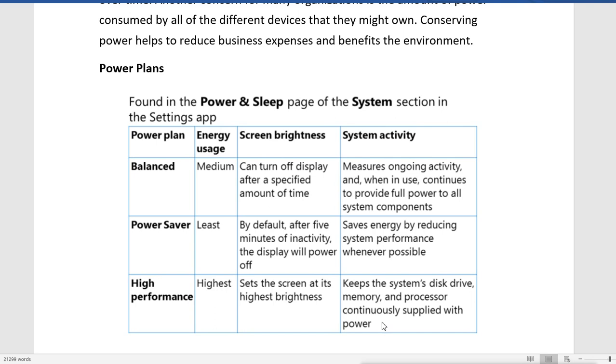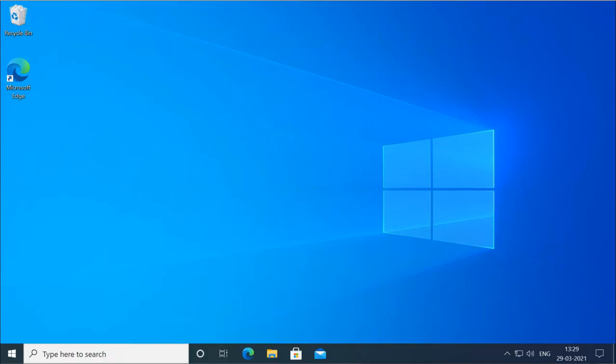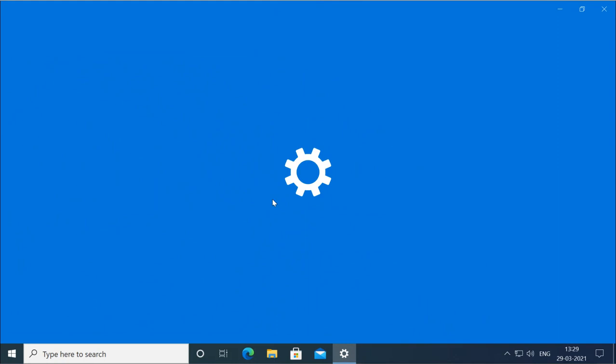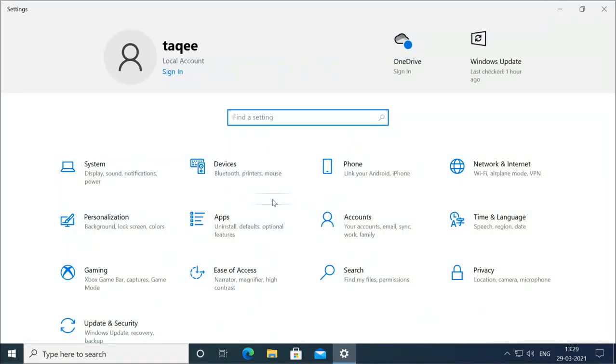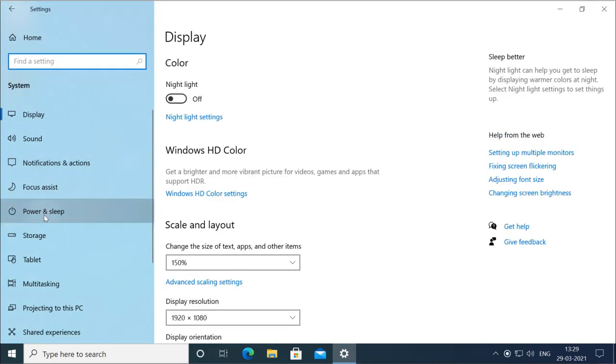Now you can access these plans from the Windows settings app. In the system tab you can get the power and sleep settings. So from the settings app, you can go to system, and here you will get the power and sleep settings.